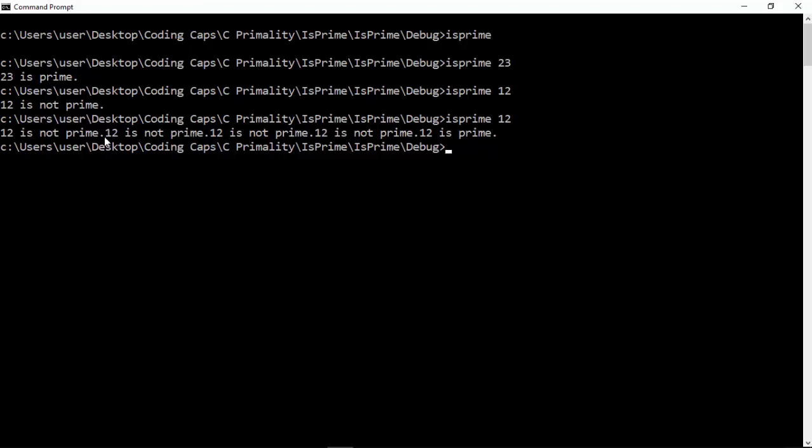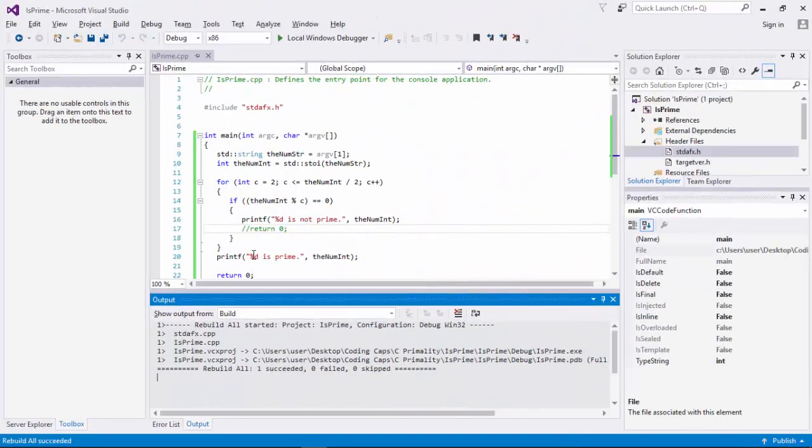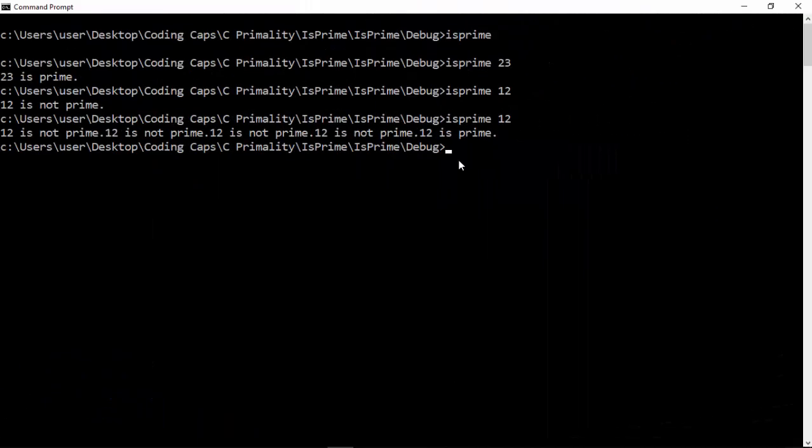For example, by 2. So this first printing, I'm sure, is due to the divisibility by 2, and then by 3, and then by 4, and then by 6. And then because we didn't return, it still reached this printf, telling that 12 is a prime number, which is not true. This is the reason why we need the immediate return 0 in the for loop.